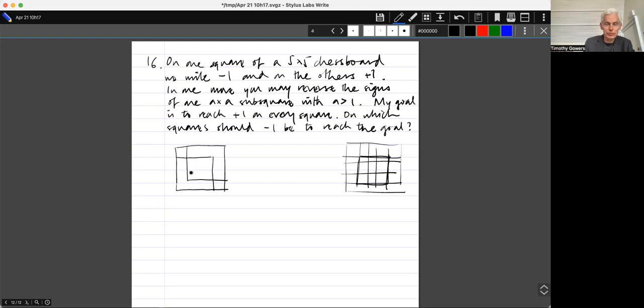I've added them together mod 2. If I add the entire square, then I end up with this, this, and this. And then if I add that square and that square, I get to this one.